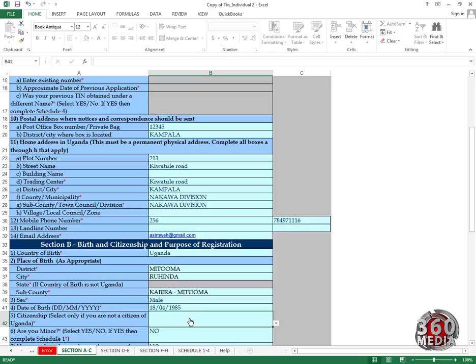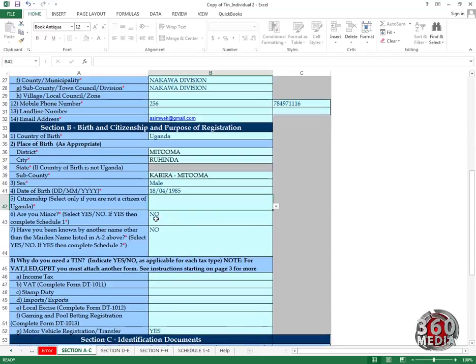We go on to the next field. If you're not a citizen of Uganda, you can select your nationality from here. Okay, let's go on down. If you're a minor, you can click on this drop down, select yes or no. We'll select